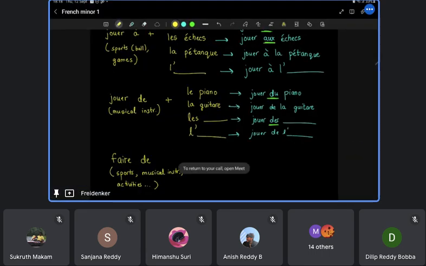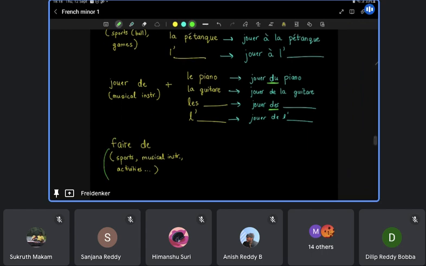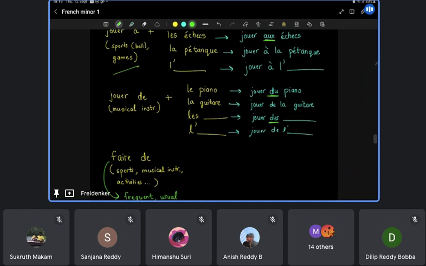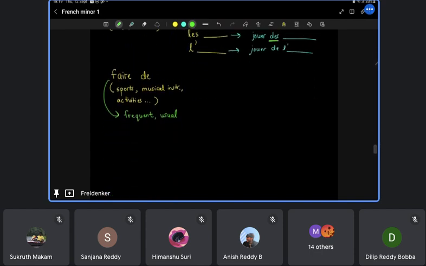Anyways, so someone might wonder when should I use jouer à and jouer de, and when should I use this one? Both of them are almost similar now. So when should I use this one and that one? We use faire de when the activity that you're doing is frequent or usual. So sometimes in the same sentence you could either use jouer or you could use faire. It doesn't matter. But in general, if you see any hint like every day, tous les jours,